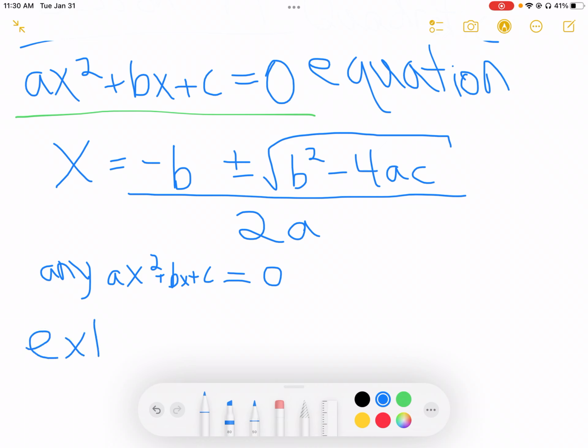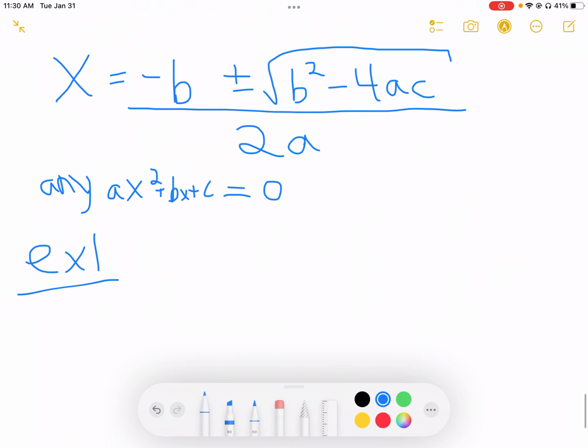So example 1, we have 3x squared minus 2x plus 5 equals 0. Okay, so if I want to solve this here,